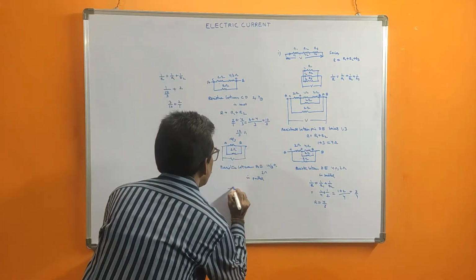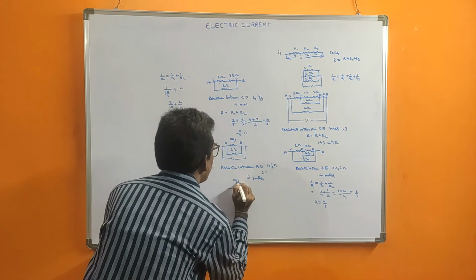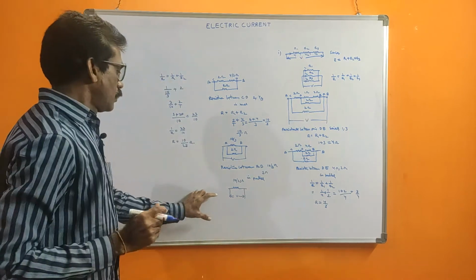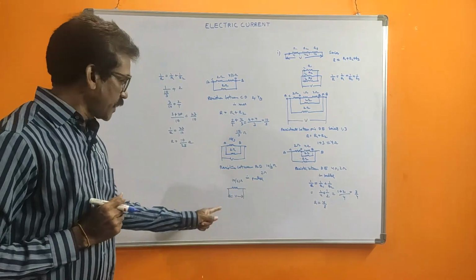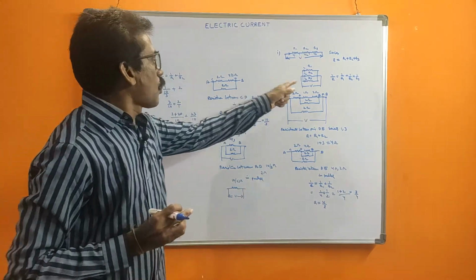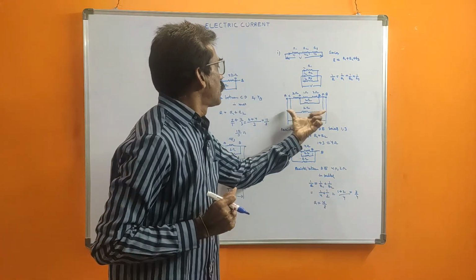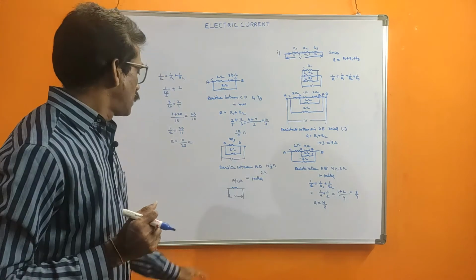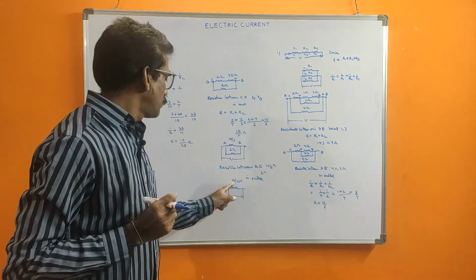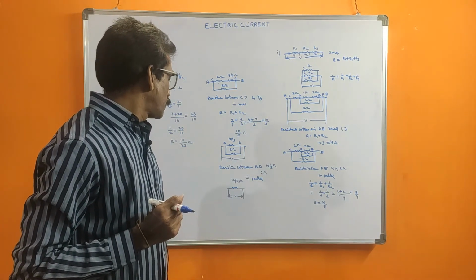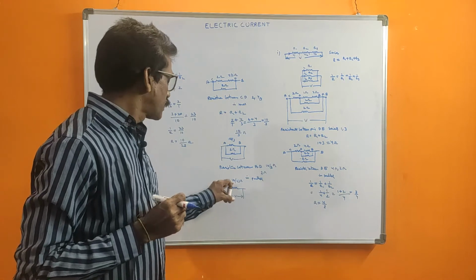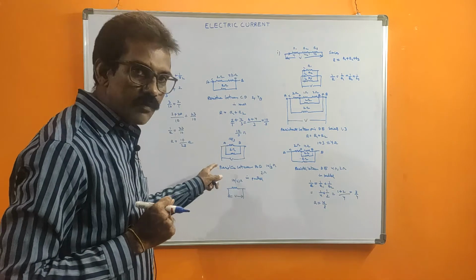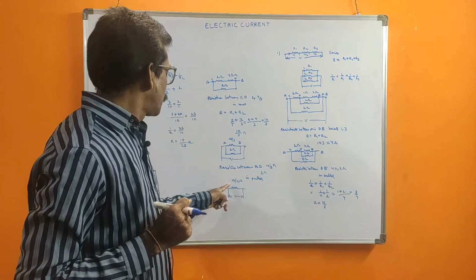Now you write 10 by 23 ohms. So this is the effective resistance. The total resistance of this circuit between A and B ends, if you measure it, will give the reading 10 by 23 ohms, nearly half an ohm, 0.5 ohms nearly. So the exact value is 10 by 23 ohms, whatever value comes, that only, 10 by 23 ohms.